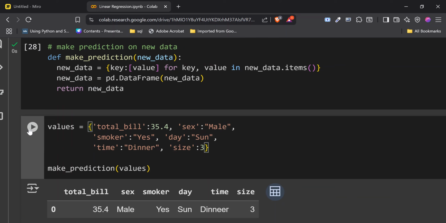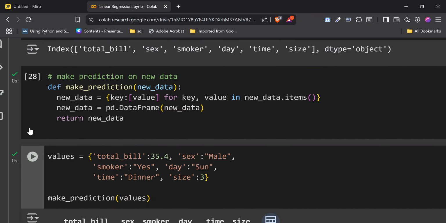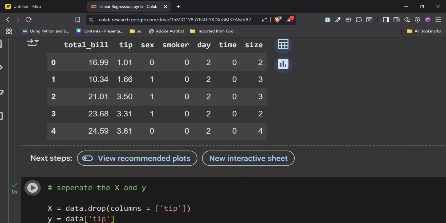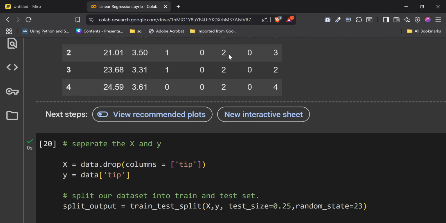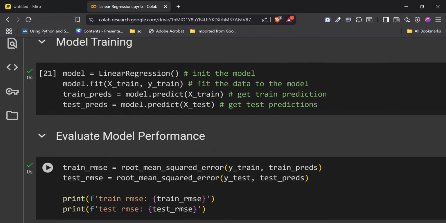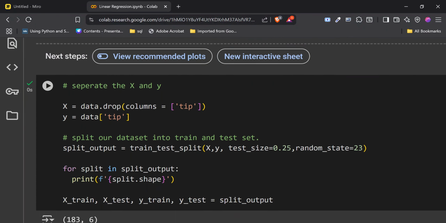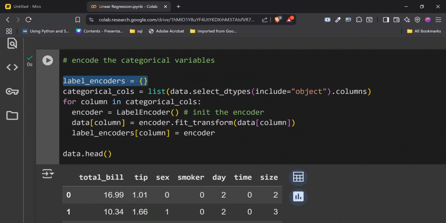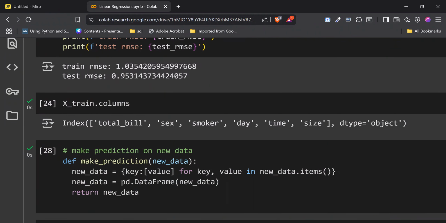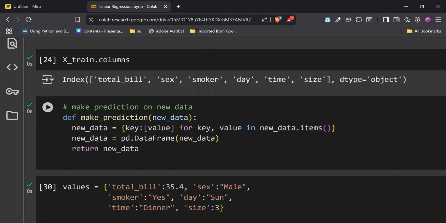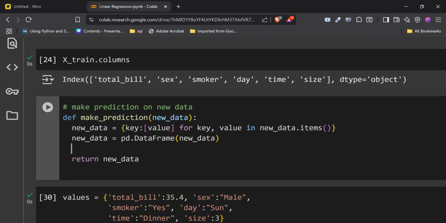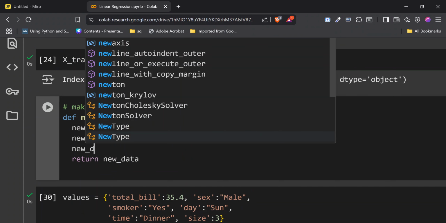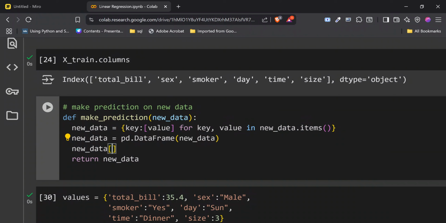So what we now want to do is make sure that it looks exactly like this, because we must encode. Computers don't understand words, like we established earlier. And what did we use to fix that? We fixed that by doing encoding. So where's encoding? This place here. But we already have the encoder object, so we don't need to do it again. We just need to transform it. So what are we going to do? We are going to come here and say new_data of,